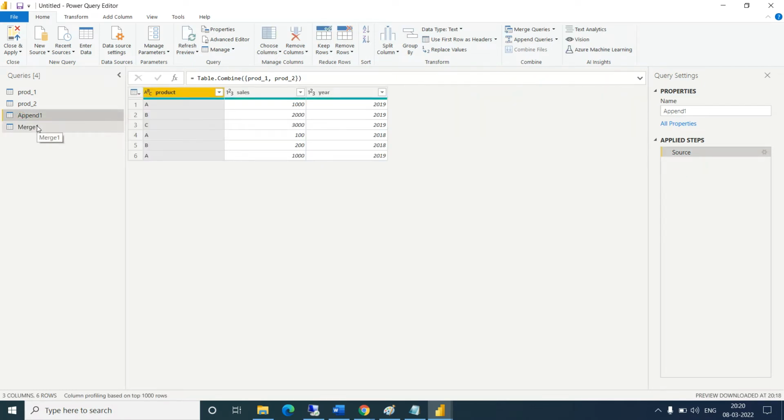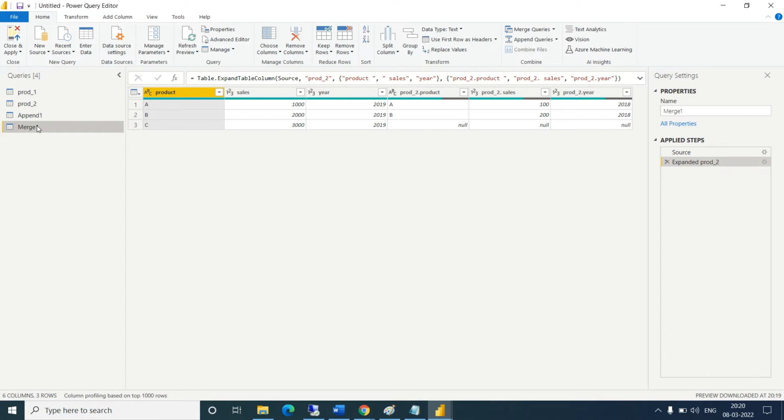So you understood what is the difference, everyone? Yes. Okay, so that is the difference between append and merge. If anybody asks you what is the difference between append and merge, you need to give at least 3 to 4 points. What will be the first? Merge will combine data based on the key column. But append doesn't use any key column, it just combines the data directly.